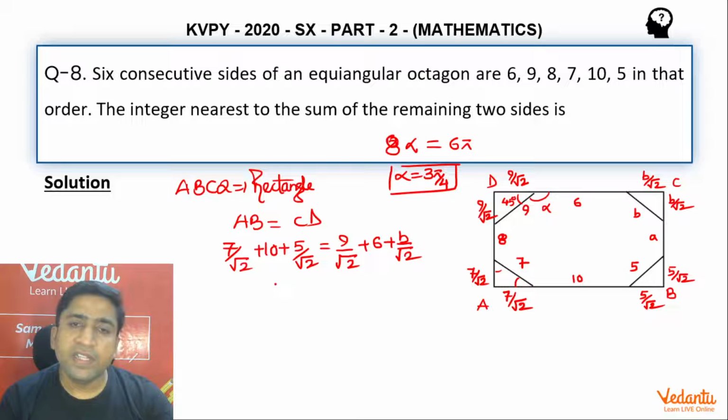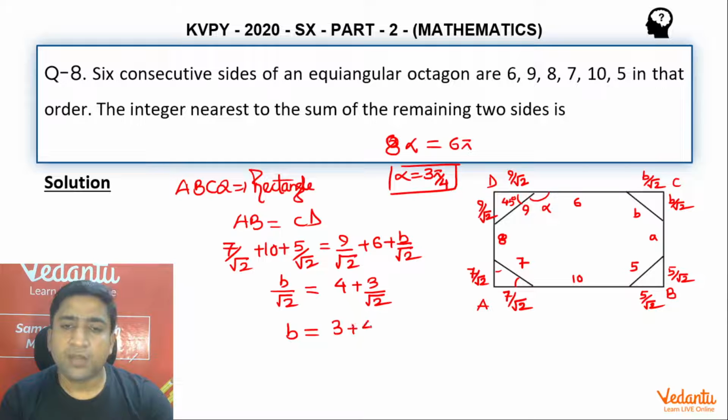And on solving this equation, guys, I can get the value of B upon root 2, which is going to be, as you can see over here, 4 plus 12 minus 9, like 3 upon root 2. This is going to be the value of B, or I can say the value of B will be 3 plus 4 under root 2. I'm sure all of you will agree. This is how I'm going to get the value of B.